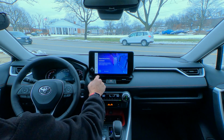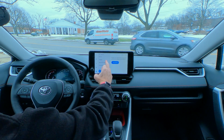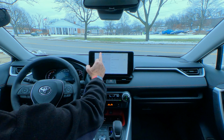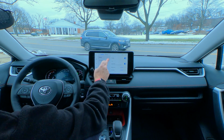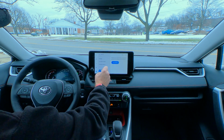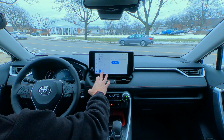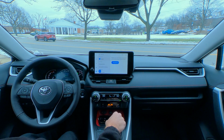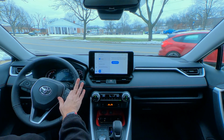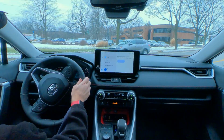so we'll go ahead and just turn that off. We can actually go down here, and we can go to the display settings. Oops, sorry, go back one. That's how sensitive it is, and we can go ahead and turn that off if we want to turn that off as well. So lots of different settings in there, and you can see it's very responsive, much more responsive than it used to be. Jump out here on Odana Road here in Madison. We'll head to the right here